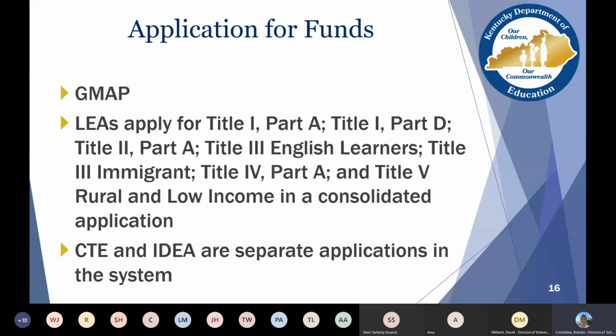Learning GMAP is not easy, but the more you get in and play around with it, the more comfortable you become using it. If you didn't tune into the technical assistance, I think it's loaded on our webpage, but David really goes into great detail in the different sections of GMAP, and the help for current page is so essential if you are trying to figure out that section.